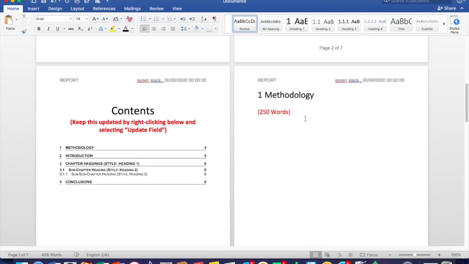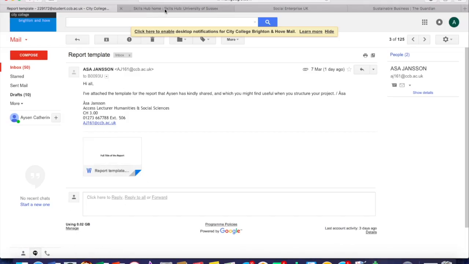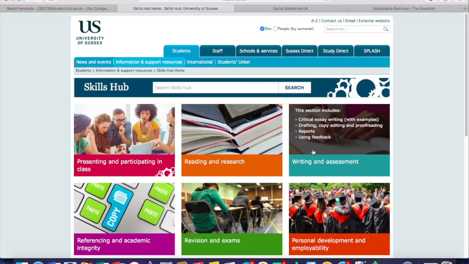Okay. The next section is methodology. Now, I didn't know what this was, but I actually found out by looking at the Sussex Skills Hub, which has a lot of useful information. If I find it here for you, it's on the Sussex website. And there's lots of different things. So one of them I looked at was writing and assessment. If you click on it,